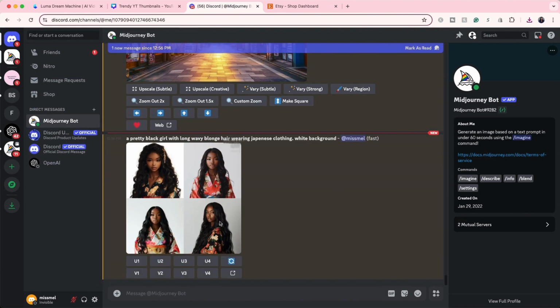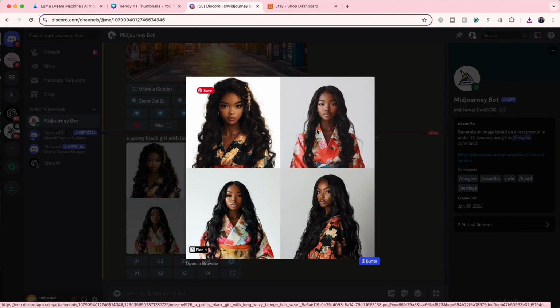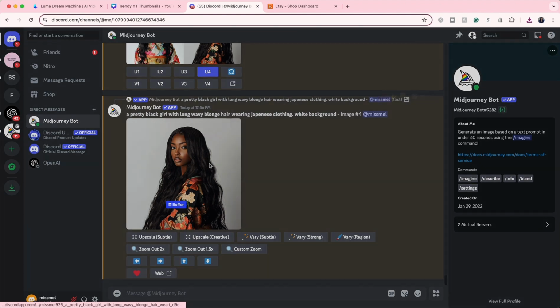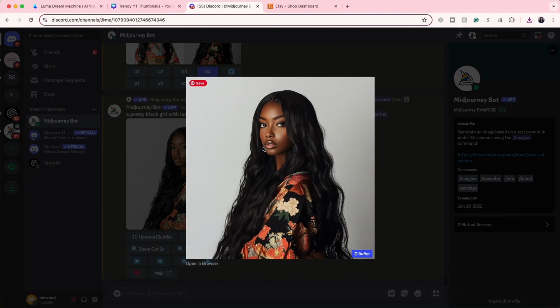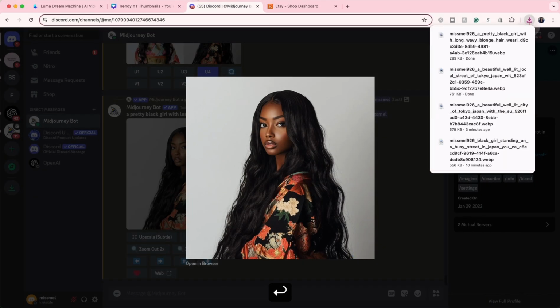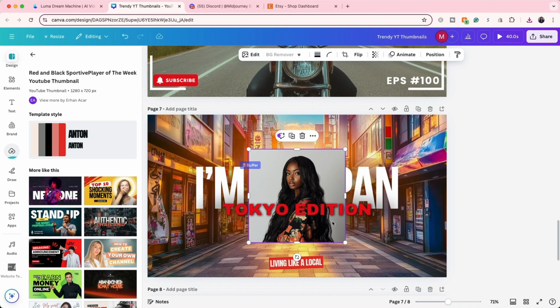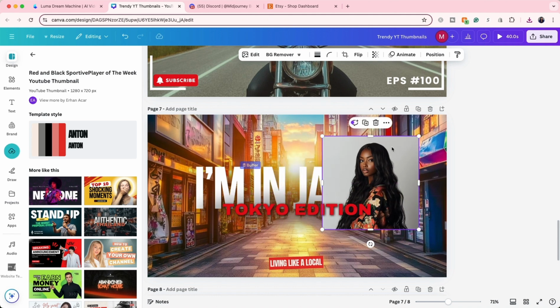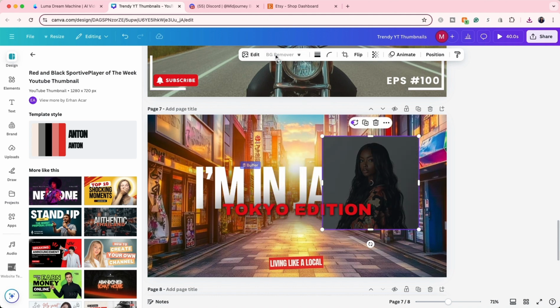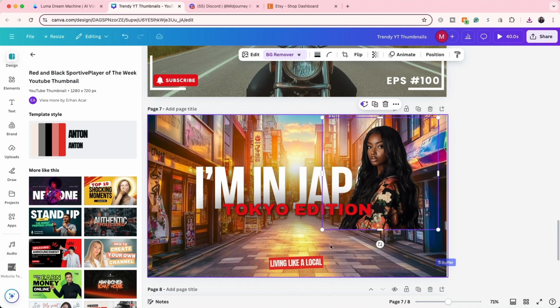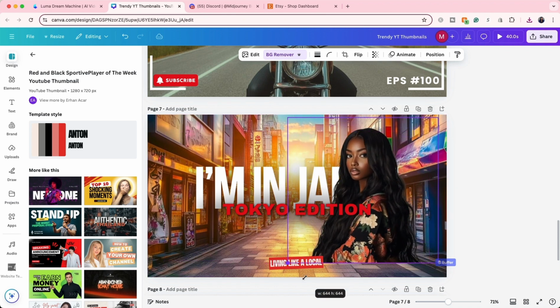And let's see what images it cooked up for me. I like the fourth one, so we're going to upscale the fourth one, save, and I am going to drag it here, remove the background, make it bigger,